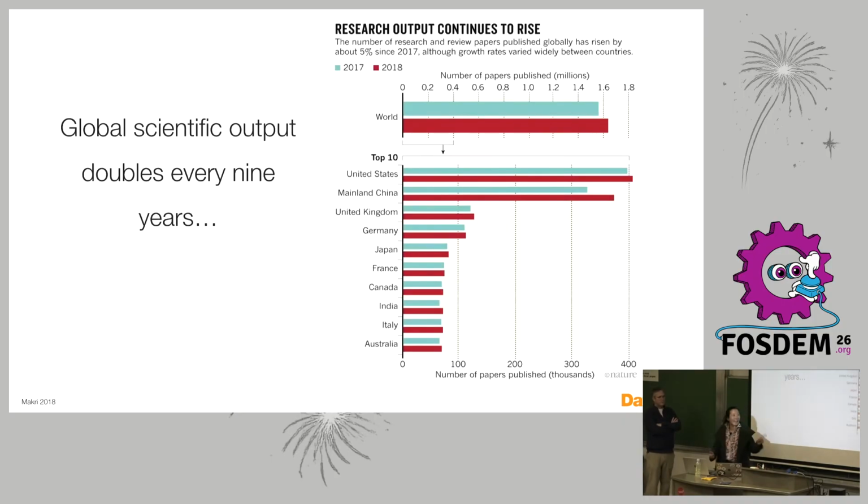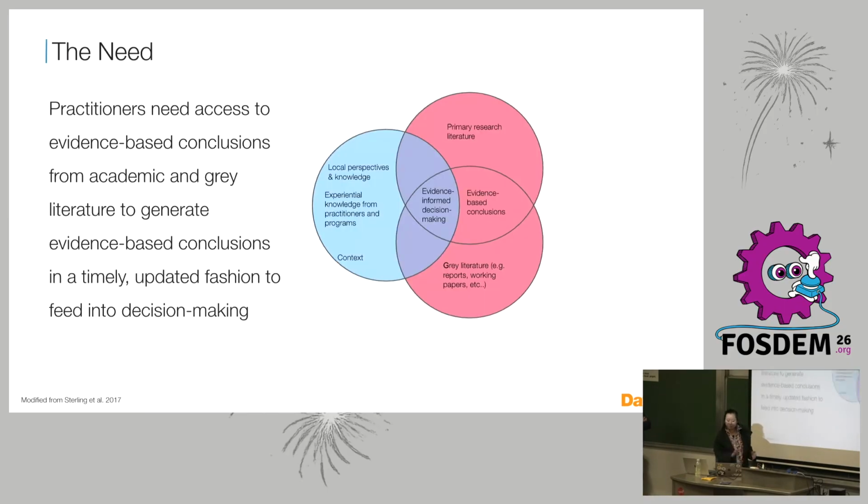And so if you take that alongside the fact that research output is rising exponentially, we're getting new papers published every single year. It's on track to double every 9 to 10 years. So on one hand, right, this is really, really exciting. There's a lot of information and evidence that's out there that we can use as practitioners and policymakers to inform our work. But we need that information in a timely way, in a digestible way, so that it's usable, so we can actually feed it into the decision-making processes at the right time.